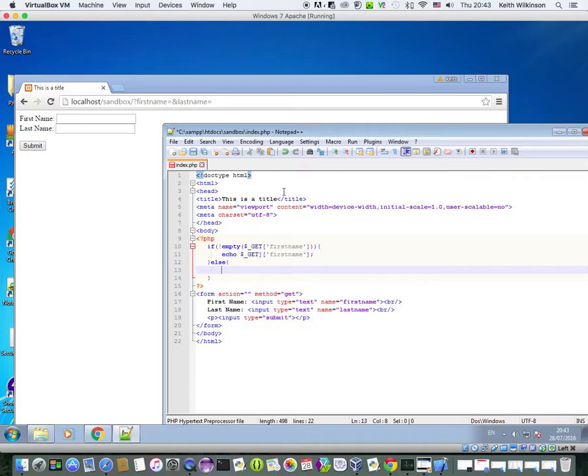So what I'm trying to say is if it is empty, what we need to do is display the form. Okay, this form needs to be displayed if we don't have a value in here. If this is empty, we need to display the form so that somebody can type something and press submit. Okay, now actually we need to move this